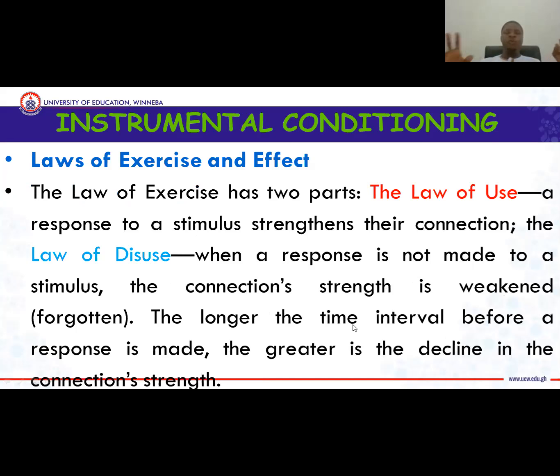That is the law of use: a response to a stimulus strengthens their connection. And the law of disuse: when a response is not made to a stimulus, the connection strength is weakened. If you place the cat in the box and the cat knows that there is food outside,